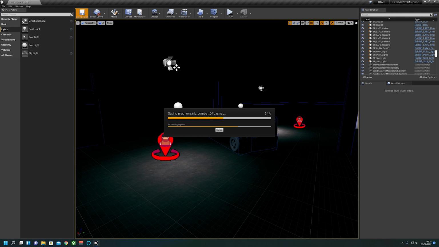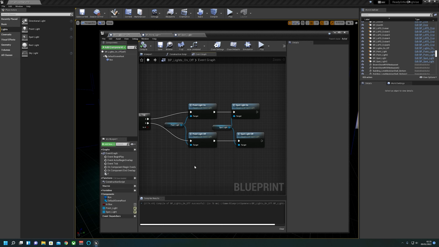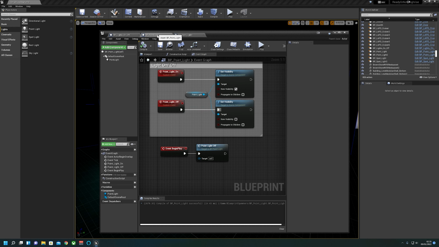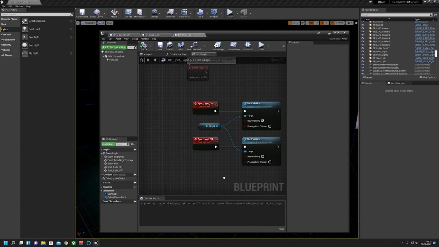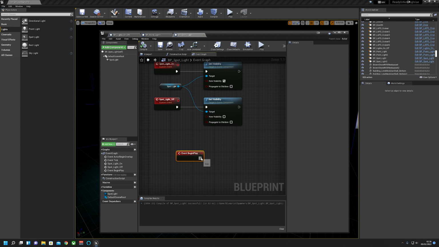Oh, I know why. Right. Give yourself a second to guess. But the reason this is still on, we haven't told the level to turn them off on begin. So we need to go back to one of the pieces of code, which is somewhere. Usually we've got one here, event begin play for the point light. We also need one for the spotlight actually. So we can go events, begin play, and we want the